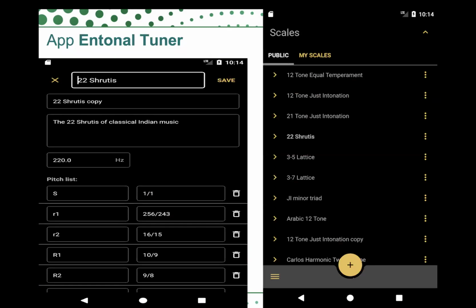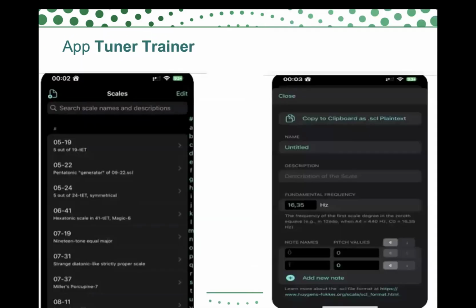In this regard, I would like to highlight the Internal Tuner application, which works on both Android and iOS systems. The authors of these offer a variety of microtonal tones, including 12-tone, 19-tone, 21-tone, 22, 31, and others. The ability to play these tones in unison helps those who want to develop microtonal intonation hearing to improve their skills. In addition, dozens of individual microtonal tones are presented in the Tuner Trainer iOS application.